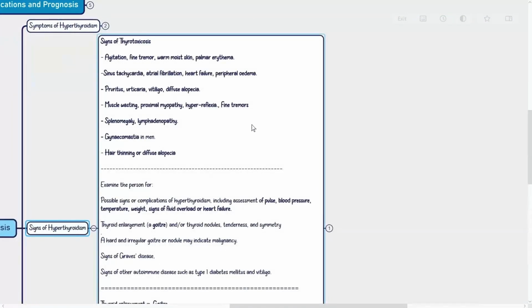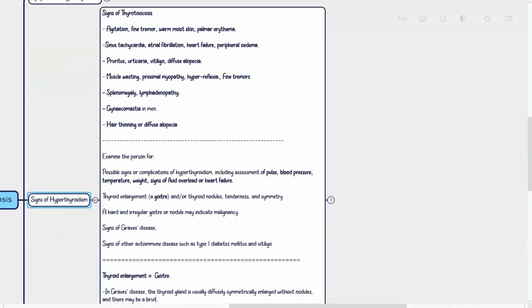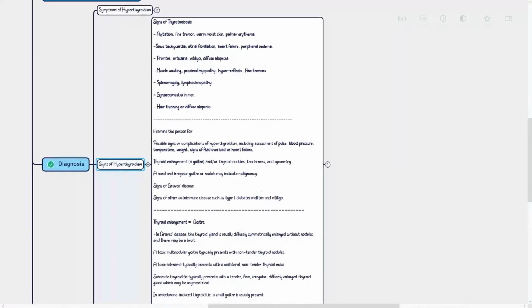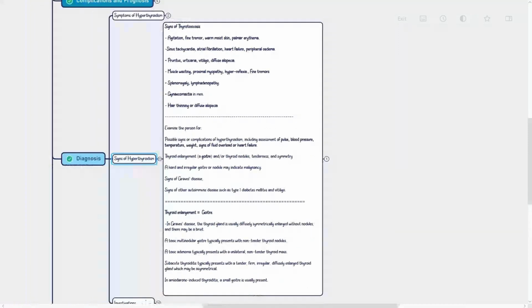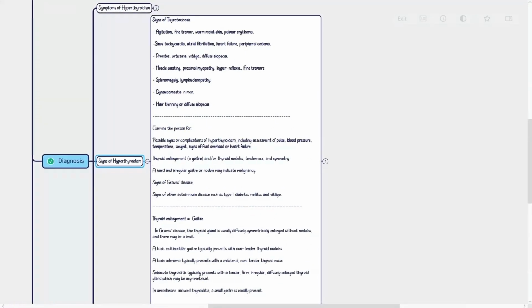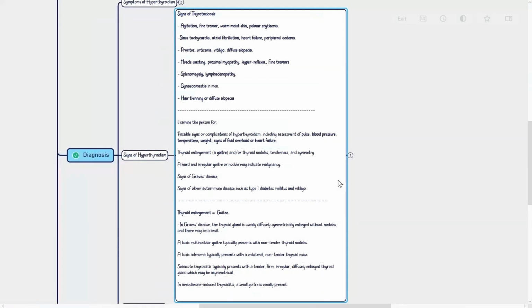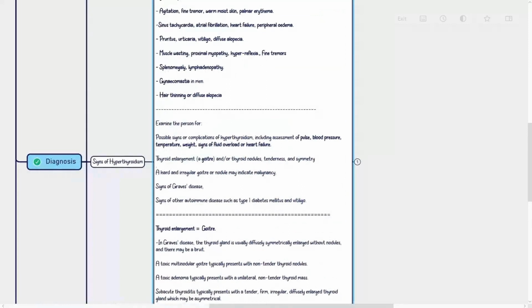Signs of thyrotoxicosis: agitation, fine tremor, warm, moist skin, palmar erythema, sinus tachycardia, atrial fibrillation, heart failure, peripheral edema, pruritus, urticaria, vitiligo, diffuse alopecia, muscle wasting, proximal myopathy, hyperreflexia, fine tremors, splenomegaly, lymphadenopathy, gynecomastia in men, hair thinning or diffuse alopecia. Examine the person for possible signs or complications of hyperthyroidism, including assessment of pulse, blood pressure, temperature, weight, signs